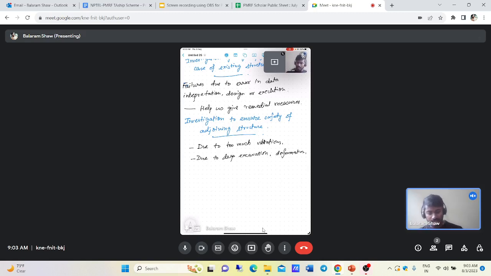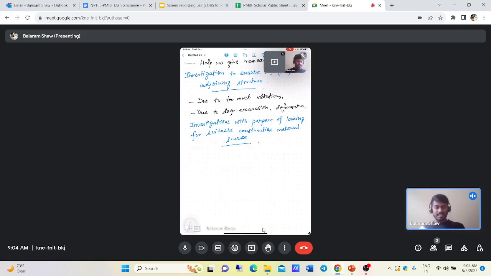Okay, and the last one was the investigations with the purpose of looking for suitable construction material source. Okay, so let us say in case of concreting of some mega structures such as dams, nuclear power plants,